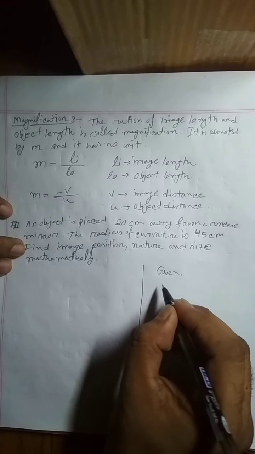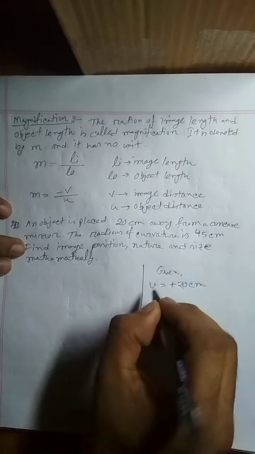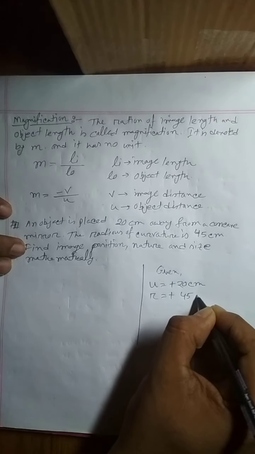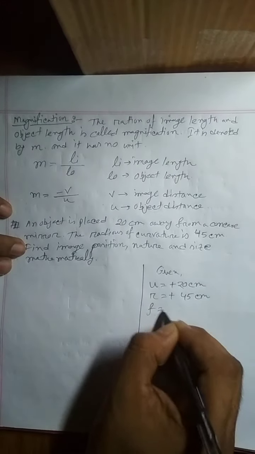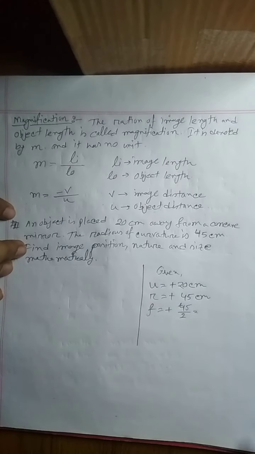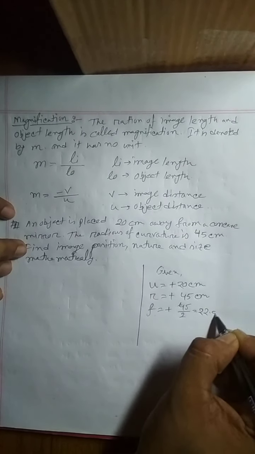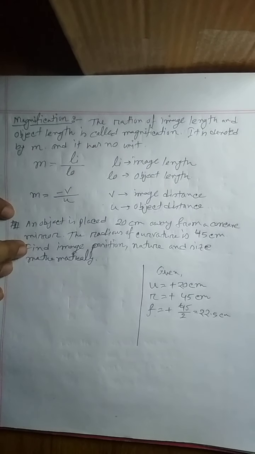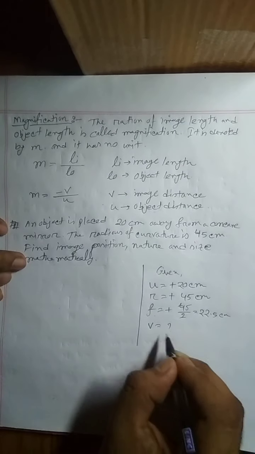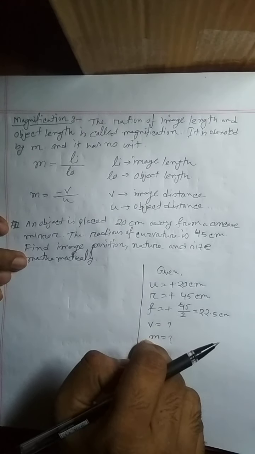Given u is equal to plus 20 centimeter as per the sign convention, R is plus 45 centimeter. So f is equal to plus 45 by 2, that means 22.5. Okay, v is equal to what? Then m is equal to what? Because size goes directly with magnification. Okay,